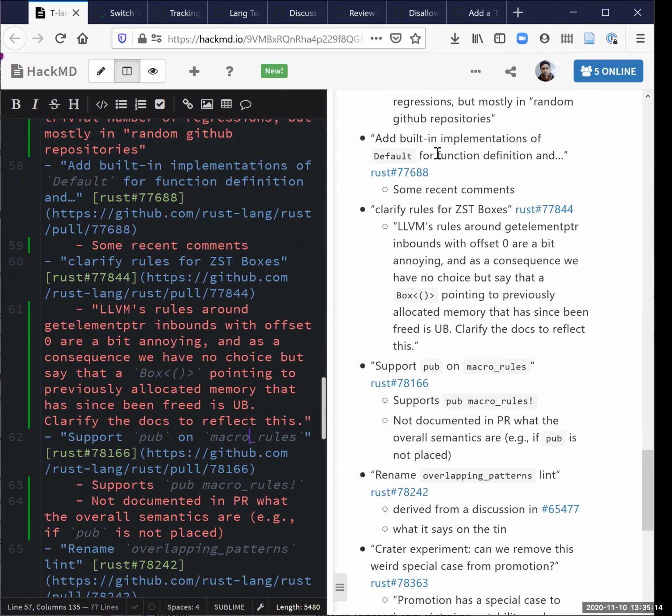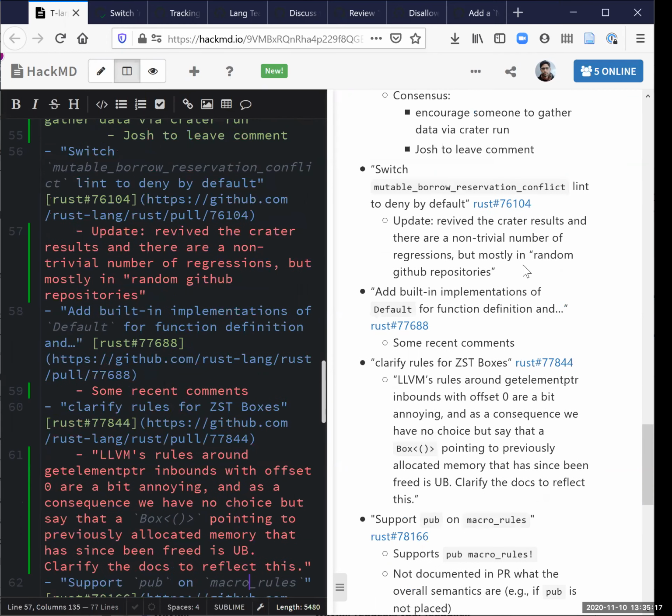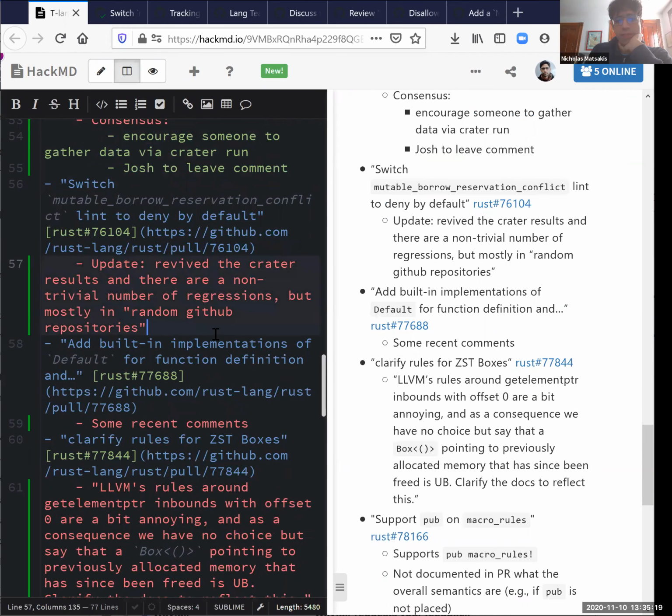Is there any action to take there in the meantime you can think of, Niko? I mean, not really. We could certainly just leave it as status quo. I don't know what action we can take that is not make a decision. It seems like the answer is we won't be able to really assess the impact at the moment.